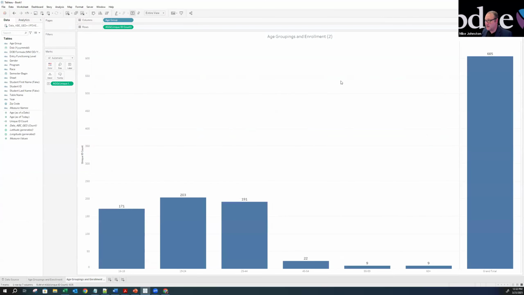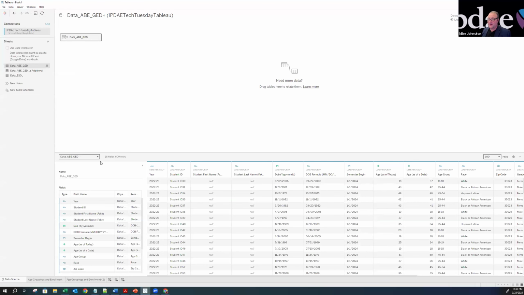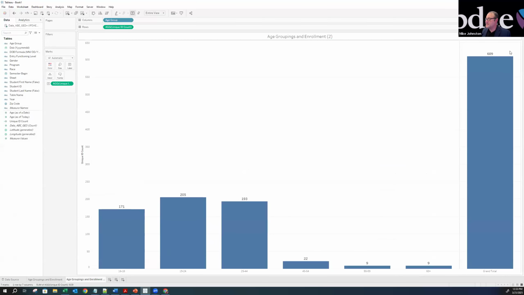I'm going to come over here and hit F5 again, but if you don't remember the key, under your data source, there's a little refresh button up here. It says refresh the data. When I click that, it's going to say, okay, I recognize there's some more data. And when I go back to my visuals, I see it found that additional data. So I have that additional 609 data. Awesome. I'm so happy with that.